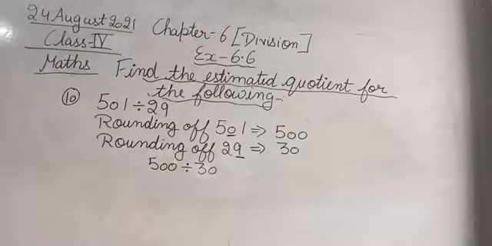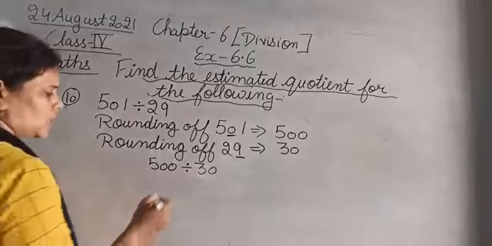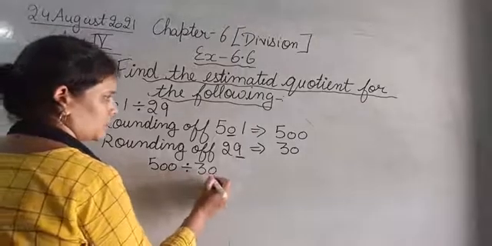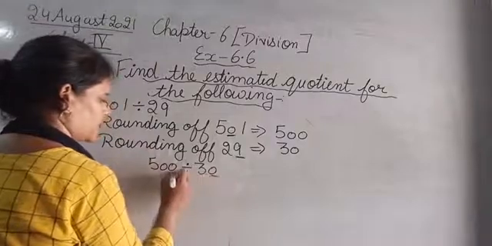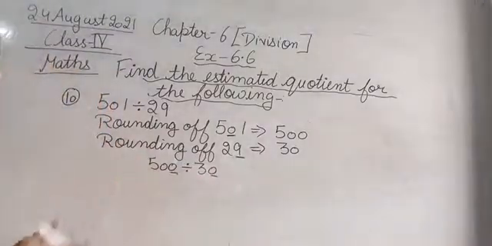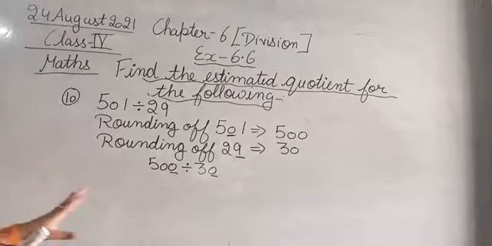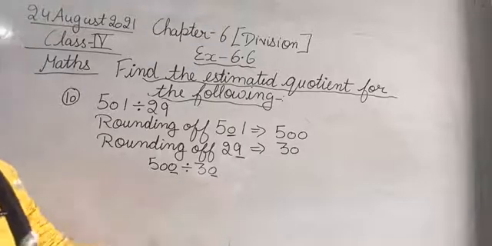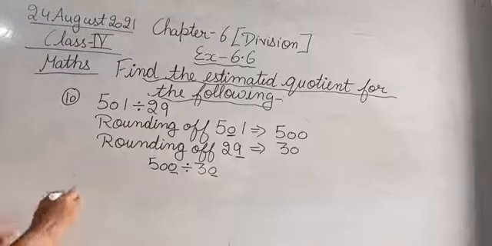500 divided by 30. So again we will pick out the common zeros from the given dividend and divisor. Here we are having 2 zeros, here we are having 1. So remove 1 from here, 1 from here. So we will just think about it. We will observe it. हम इसको सोचेंगे. We will not show it. We will just think of it that हमने इसकी दोनों zeros यहाँ से हटा दी. So what will we write?